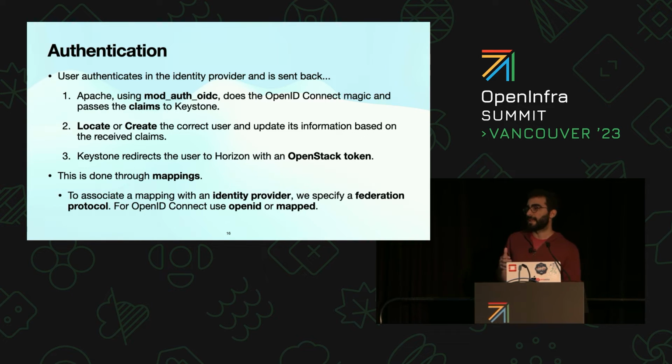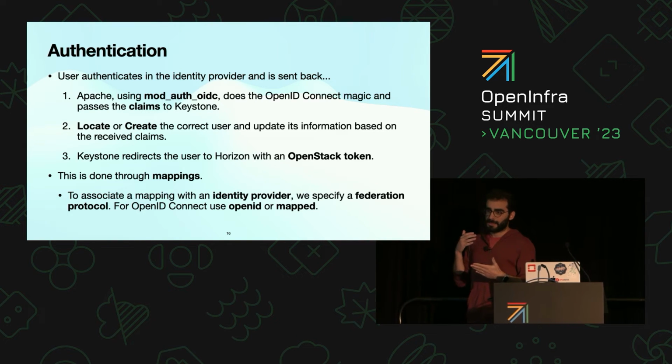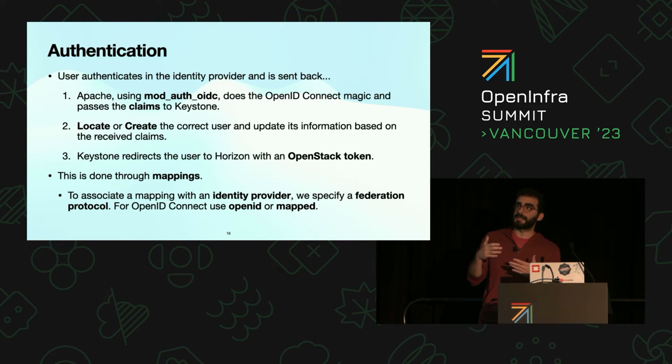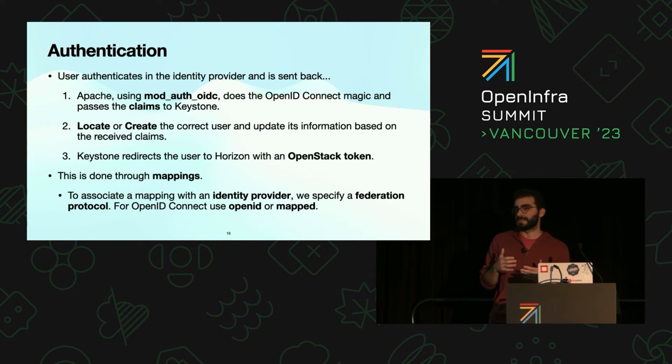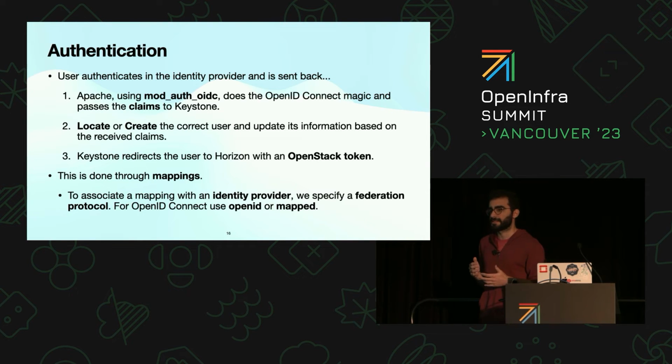And then once that happens, there are going to be some claims available for Keystone to figure out what to do with them. So the information that is in the token is going to be passed on to Keystone. What Keystone then does is it locates or creates the correct user and updates the information of that user based on the received claims. And after that is done, it will redirect the user to Horizon with an OpenStack token,